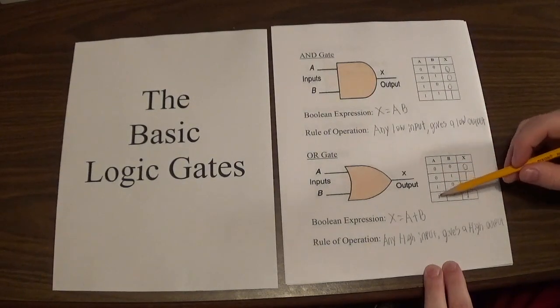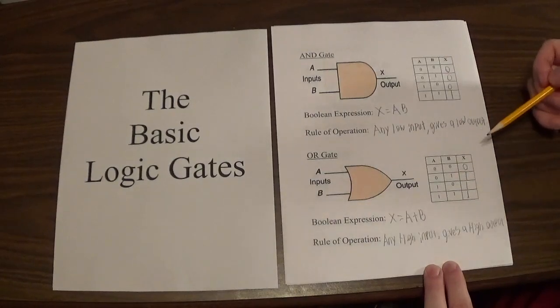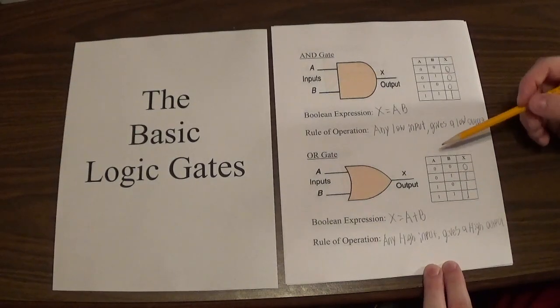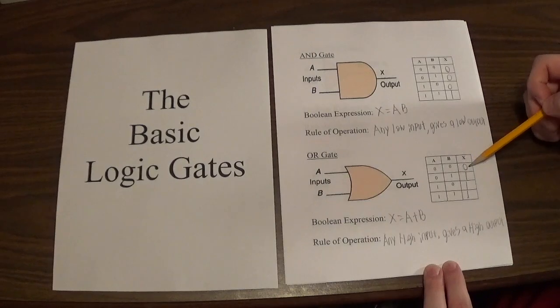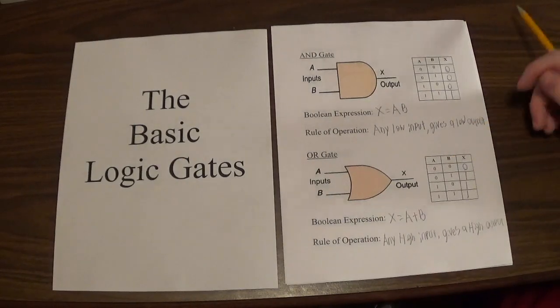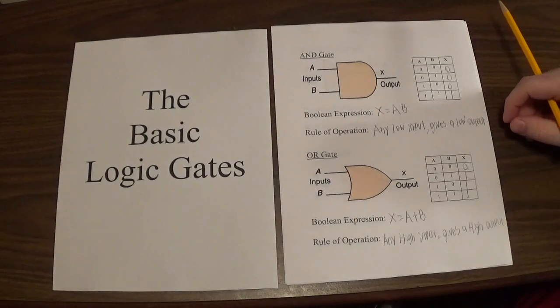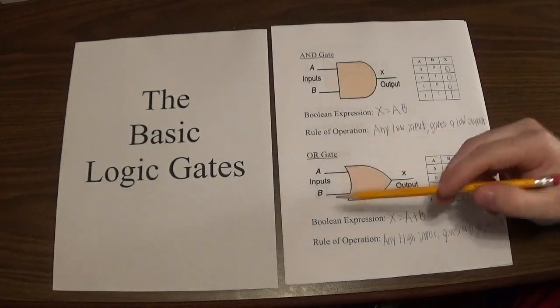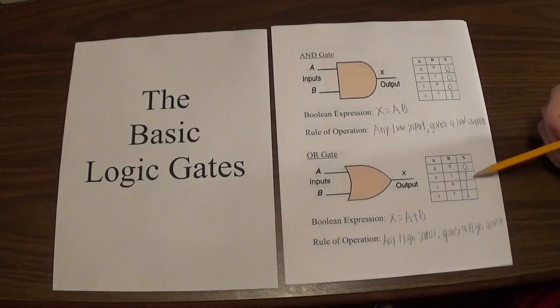So any high gives a high. Doesn't matter where it's at. So the only time this output is going to be off is if all the inputs are off or a 0. Okay, but if any switch is on, then the output is going to be on. Alright, so that is the function for